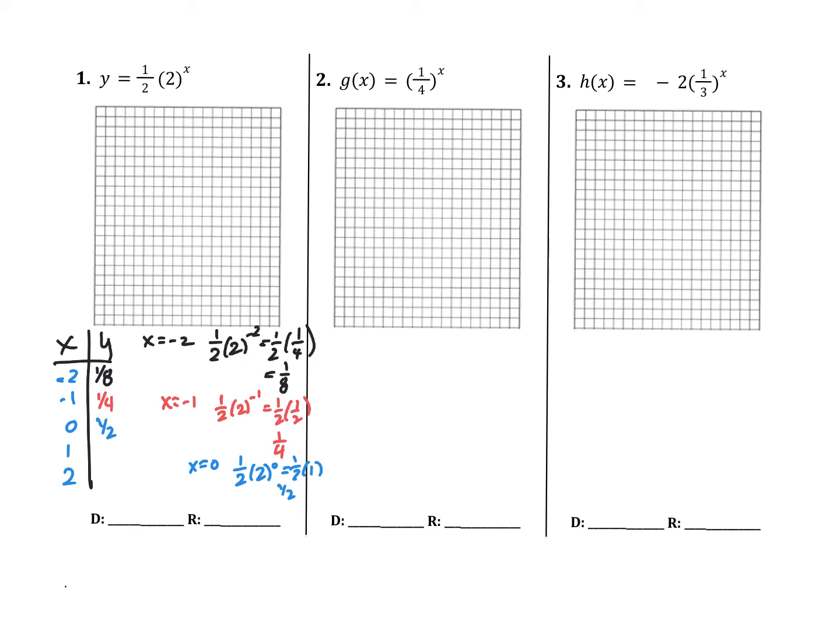If I plug in 1, I'm going to come down below to do this work here. If x equals 1, I have 1/2 times 2 to the 1st power, which is 1/2 times 2 over 1. Across the top and across the bottom gives me 2 over 2, which is just 1. And then last but not least, if I plug in 2, I get 1/2 times 2 squared, which is 1/2 of 4, and half of 4